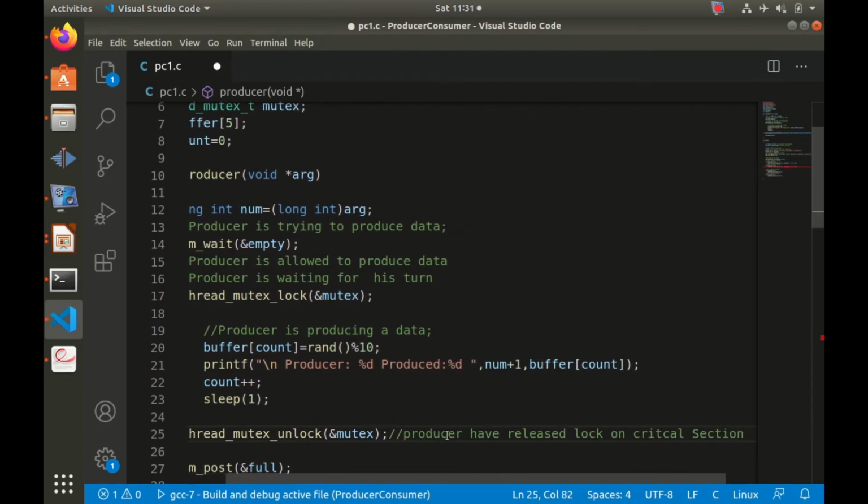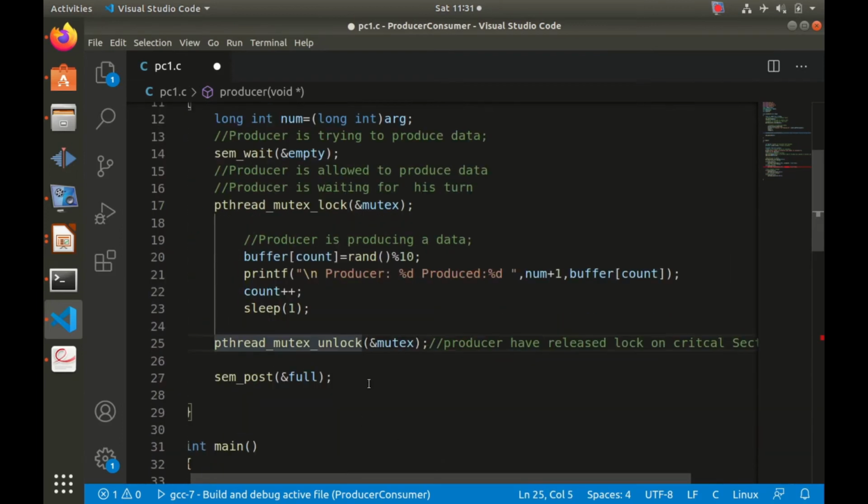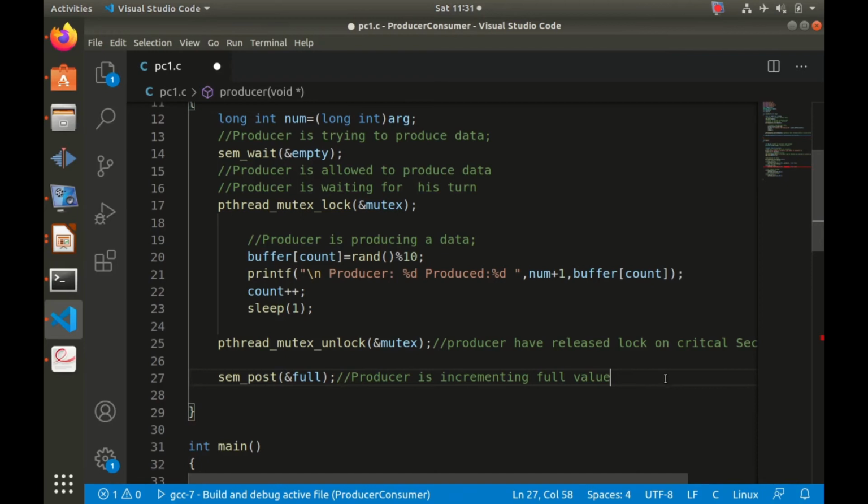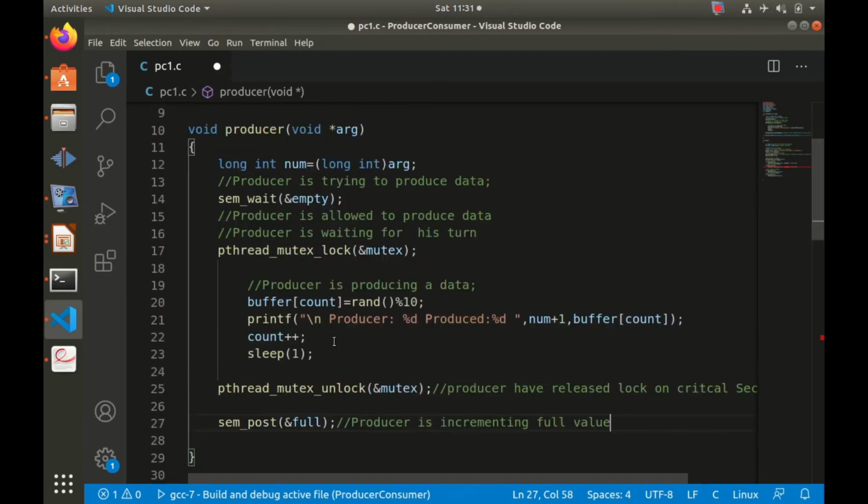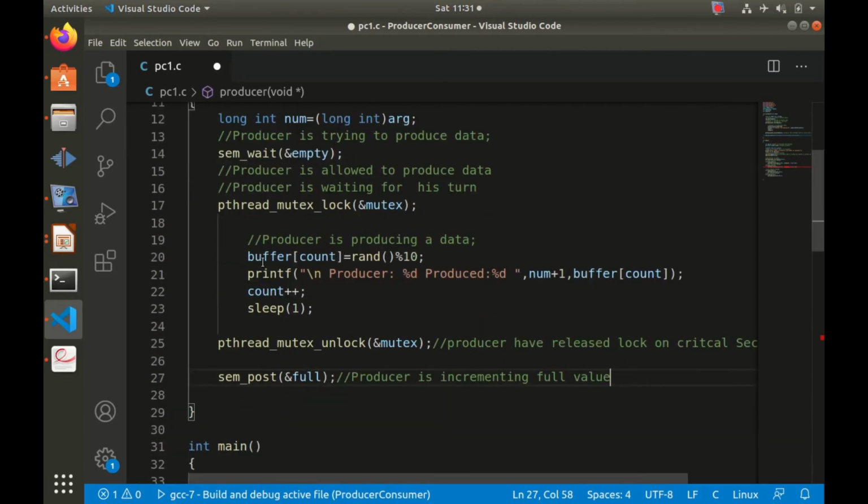Producer has released the lock on the critical section, and here the producer is incrementing the full value, which is initially 0. So the producer is incrementing the full value here. Okay, so this is what a producer routine is.